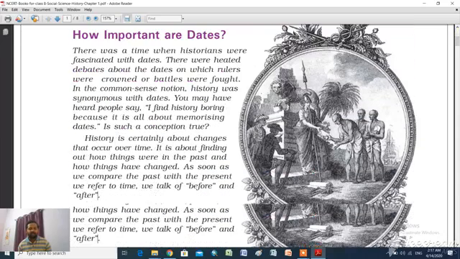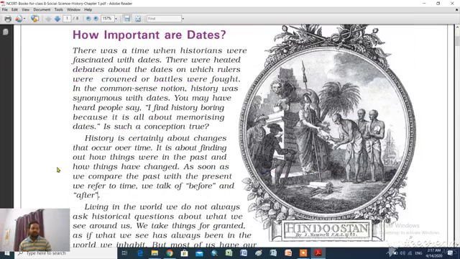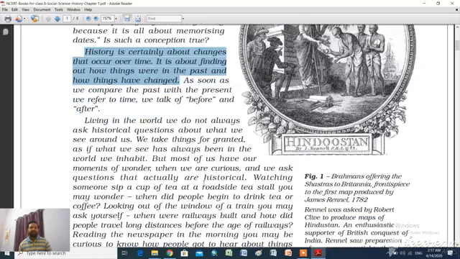Okay, let's start. So firstly, I have cleared what is history. You can write this from this paragraph. History is certainly about changes that occur over time. It is also about finding how things were in the past and how things have changed. Okay, so